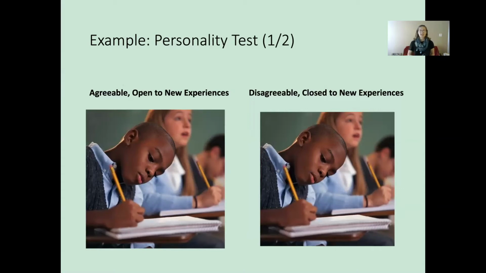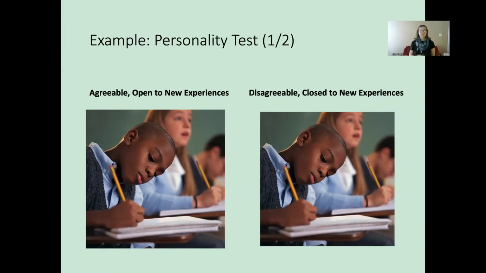Let's explore the idea of reliability in terms of personality testing. So imagine that a child takes a personality test, and out of the Big 5 personality traits that people have different levels of: openness to experience, conscientiousness, extroversion versus introversion, agreeableness, and neuroticism versus being more emotionally stable. So we're just going to look at 2 of this guy's personality traits.